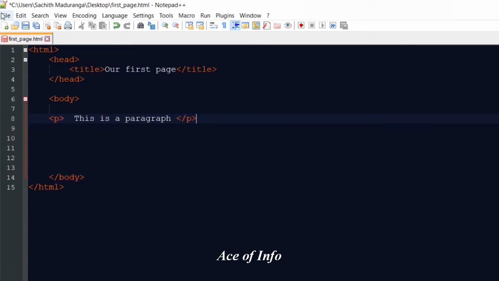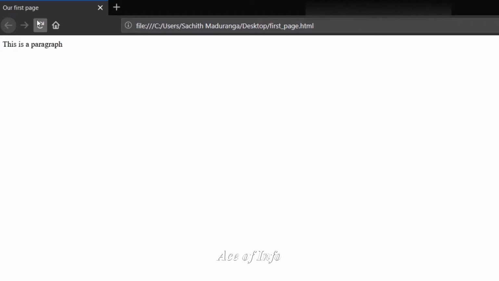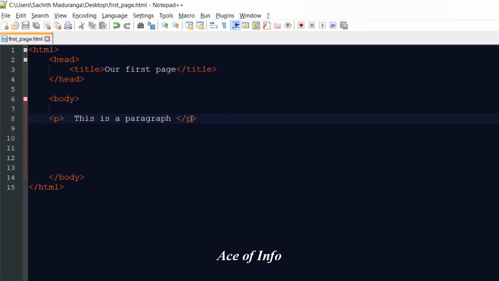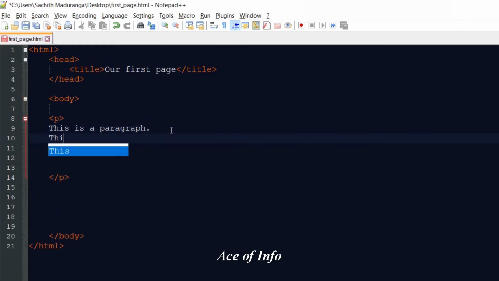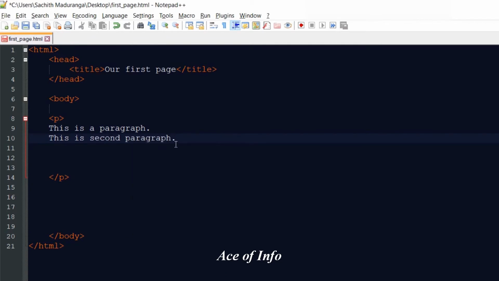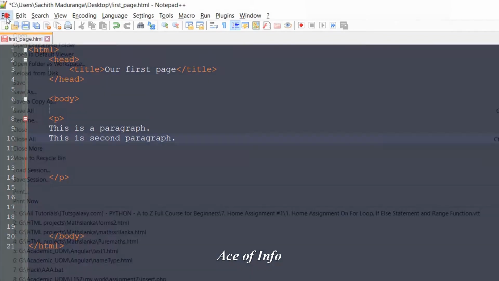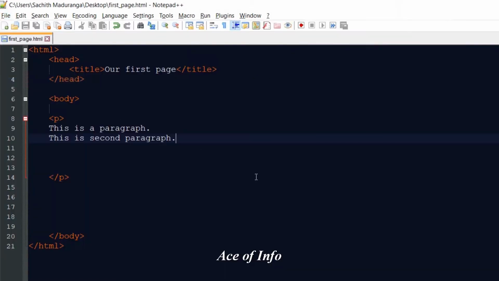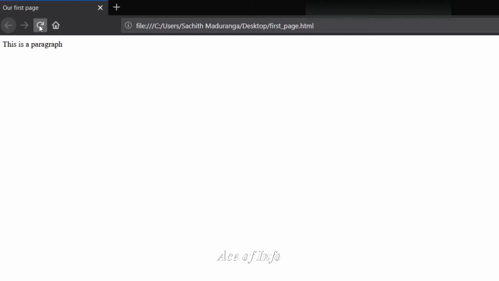So if I save this and go to our web browser and reload it, you can find this is a paragraph. Now if you put a new line here, what will happen? Will it be on a new line in the web page? Let's save this and go to the web browser and reload it.